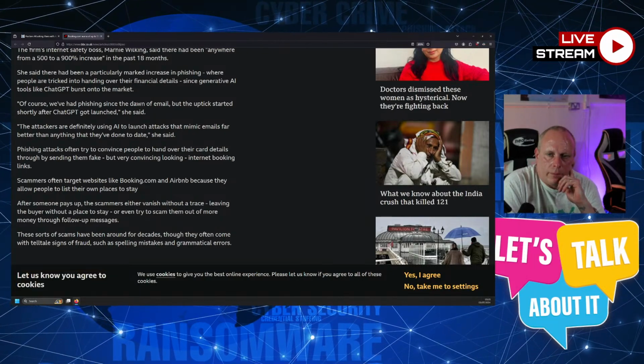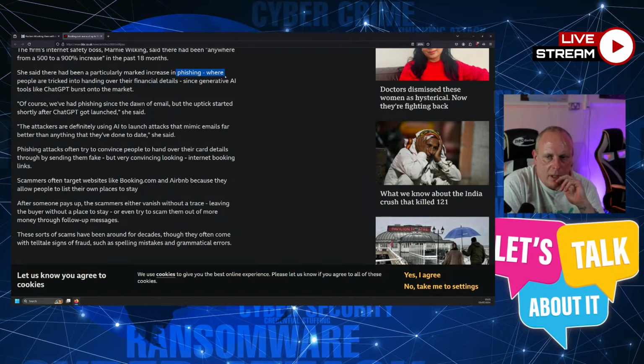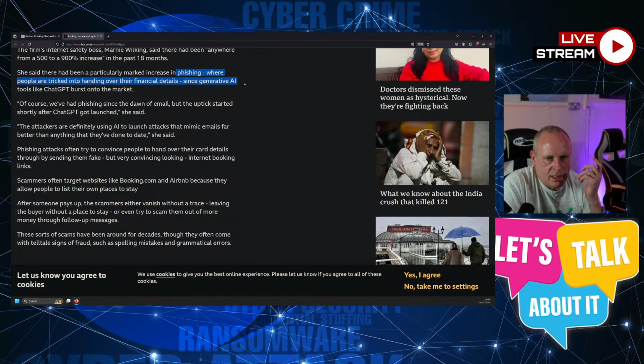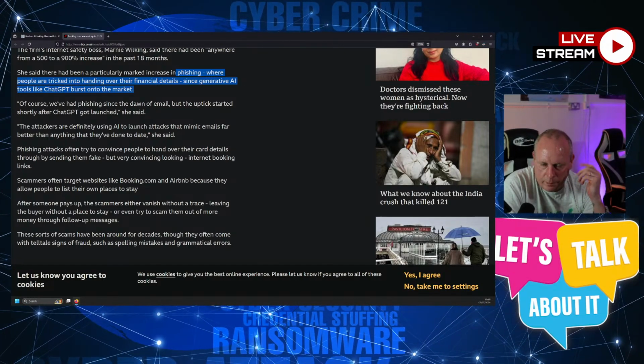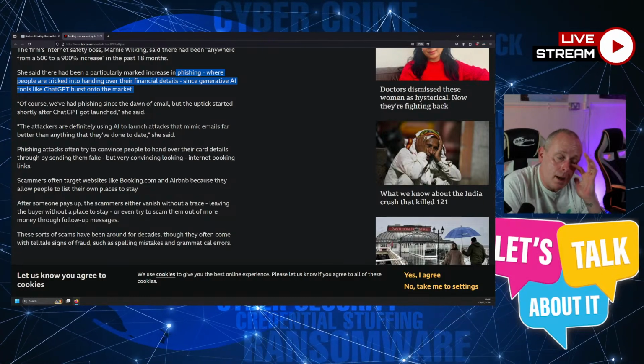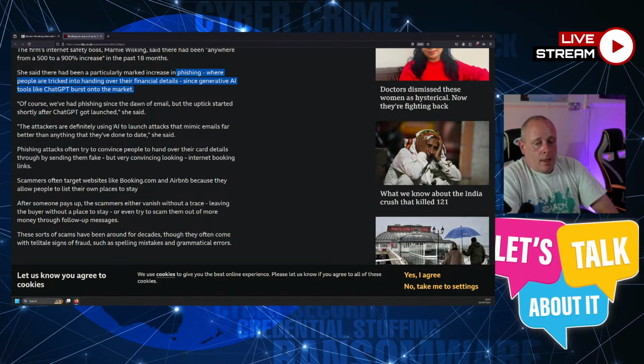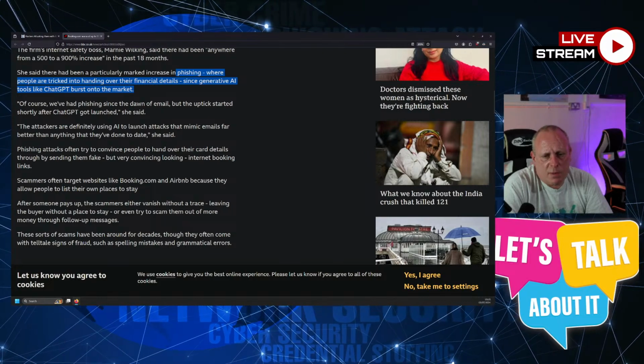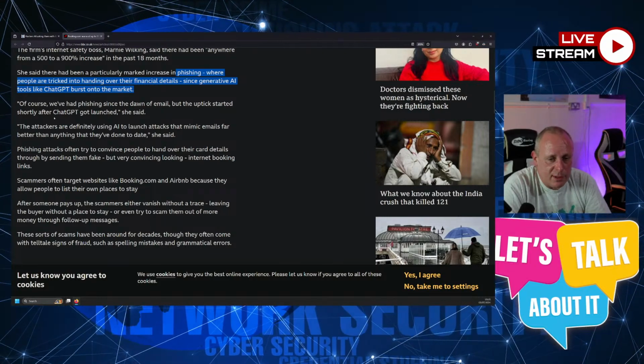So these are phishing emails, and people using generative AI tools like ChatGPT to create the wording and things. I suppose AI makes it easier to write the emails, but obviously you can write them without using AI.